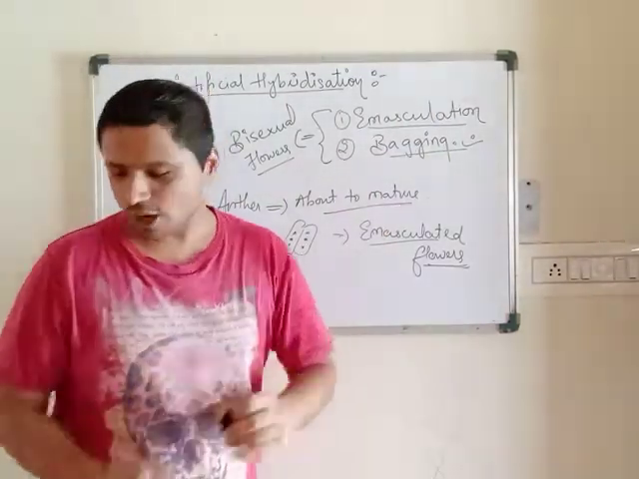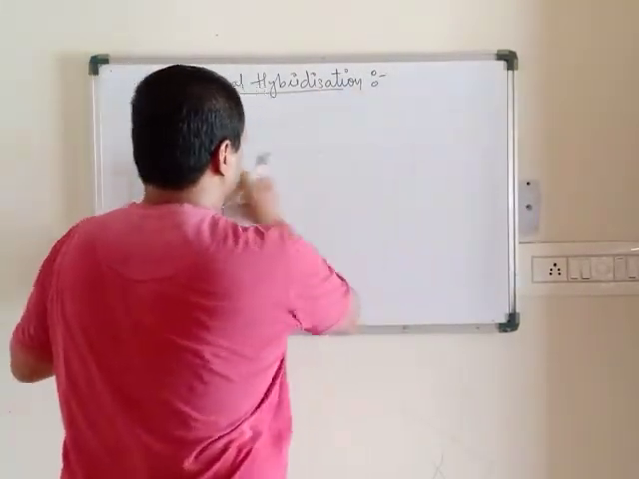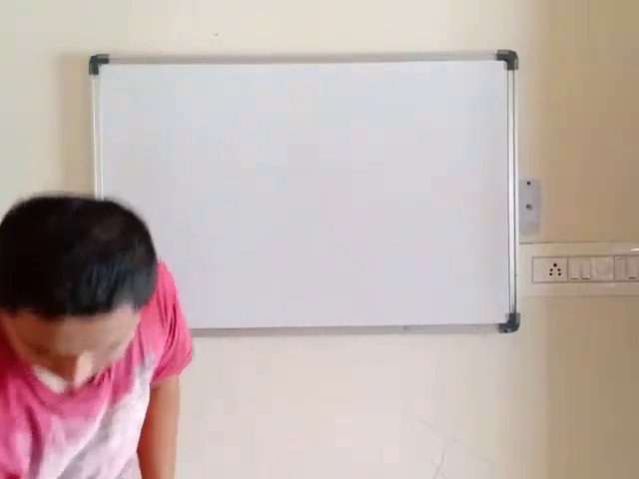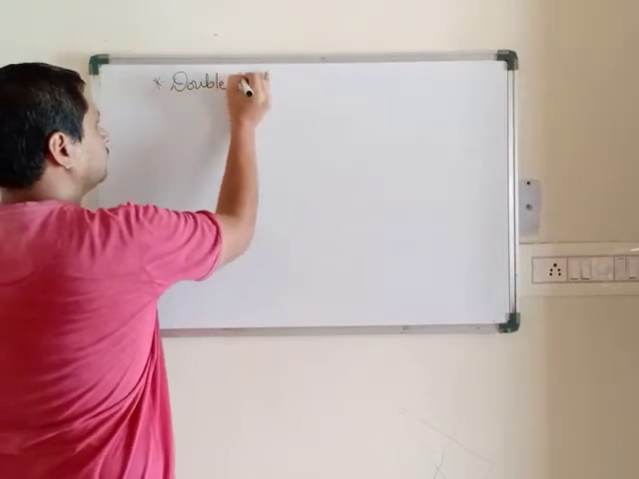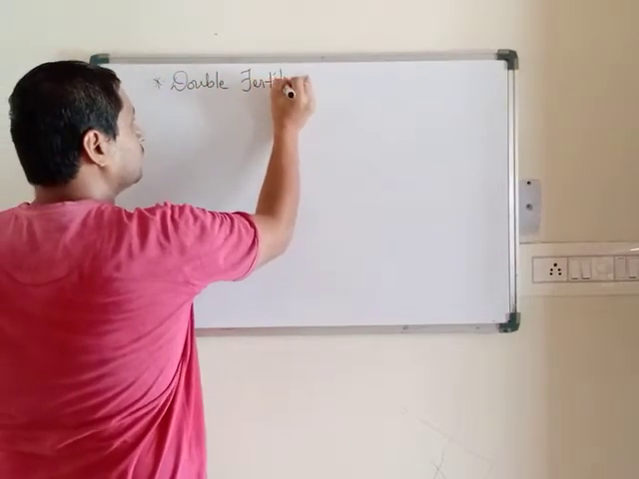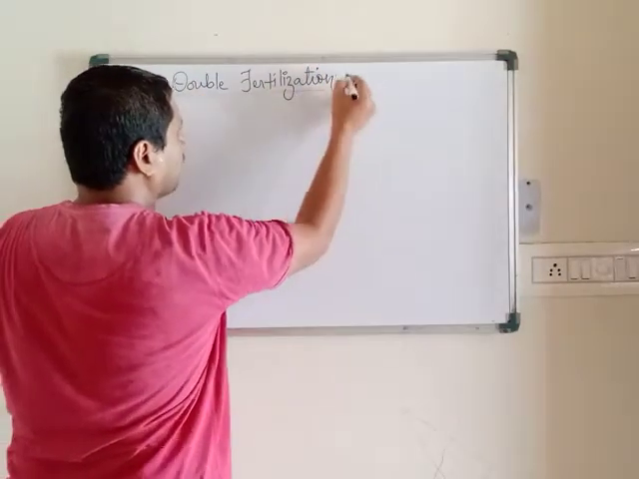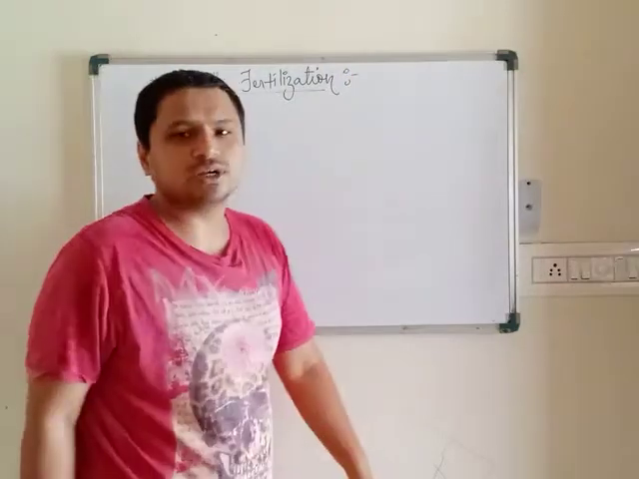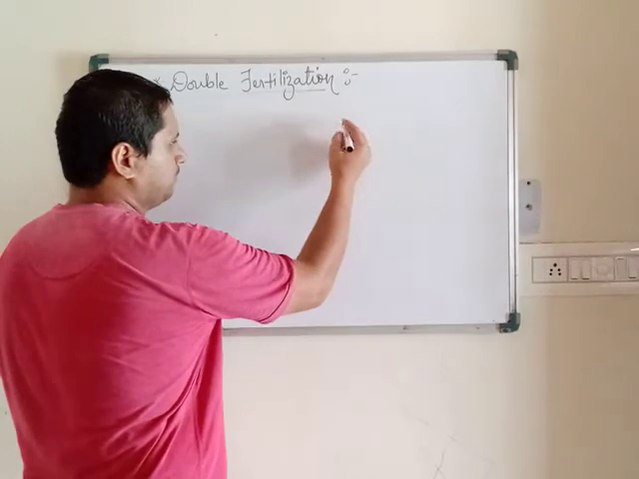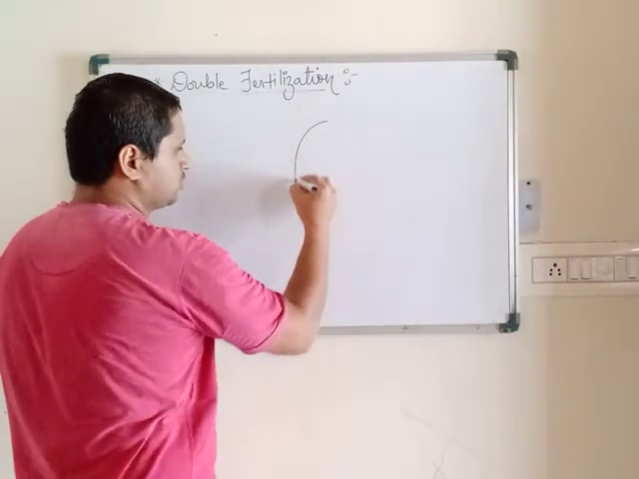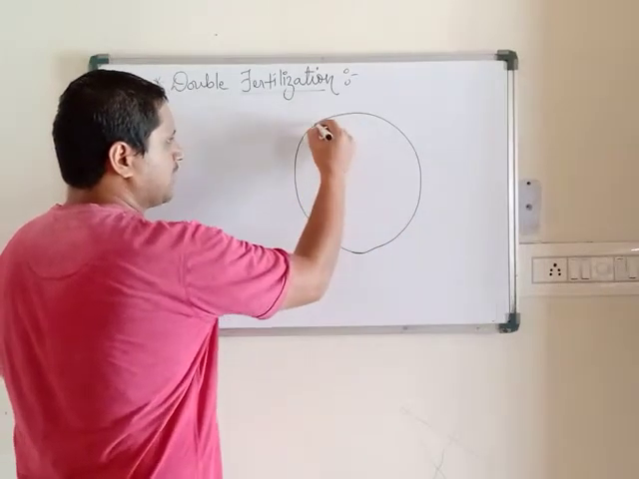Now the next topic that we are going to study is double fertilization. Double fertilization we have already studied in the 11th standard, children, but let us revise. This is the structure of the embryo sac,